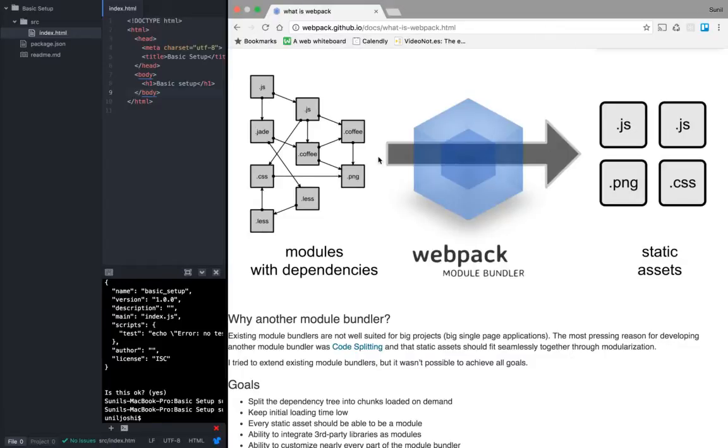It is going to compile or transform these files into a single JS file, or it can also compile into a single CSS. You can have multiple CSS and combine those into one. It can also do Less to CSS pre-processing.